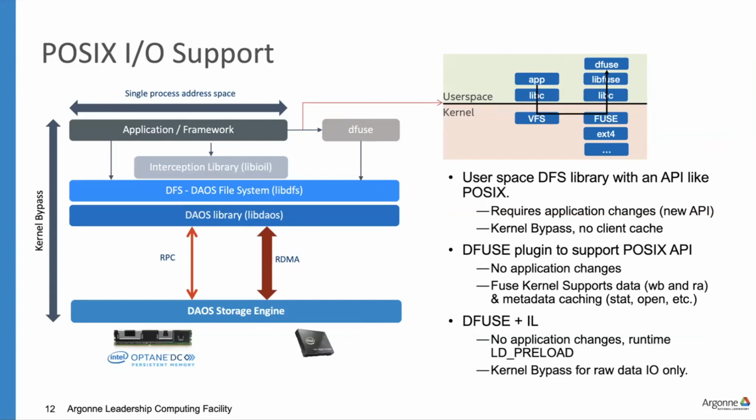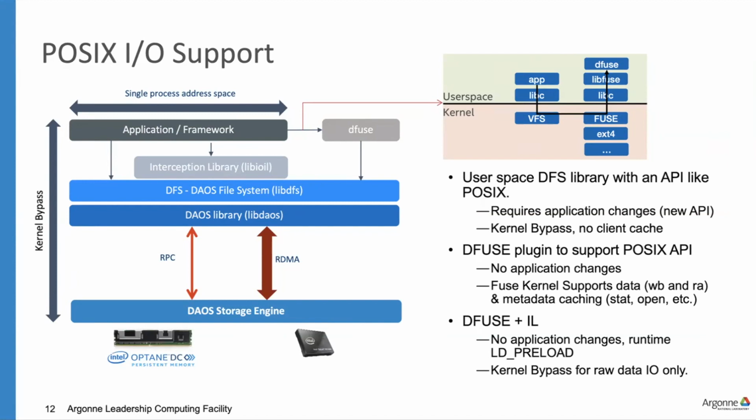Some operation will go in there, and the VFS will then route that over to the Fuse kernel layer, which will then send the message up to some other component. So there'll be some lookup. Oh, this is for the DAOS Fuse module, and so then it'll pass it off to a component called dfuse here, and dfuse is the Fuse implementation for DAOS, and then that will perform the operation.